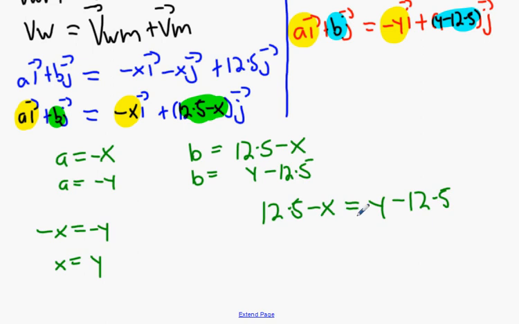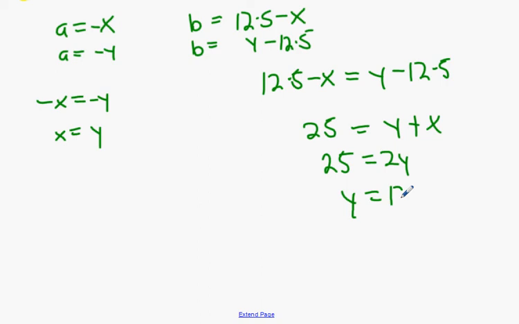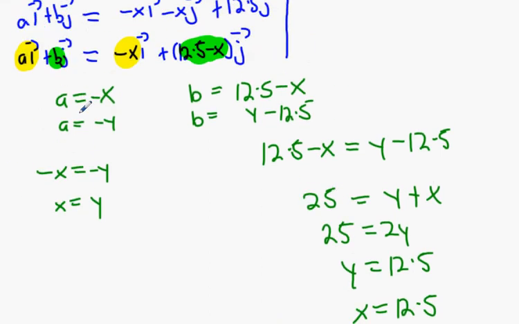Replace, get X plus Y on one side, so Y plus X equals 25. But X equals Y. So 25 equals 2Y. One sec. Y equals 12.5. In turn, X also equals 12.5. Therefore, because A equals minus X, the velocity of the wind, which is AI